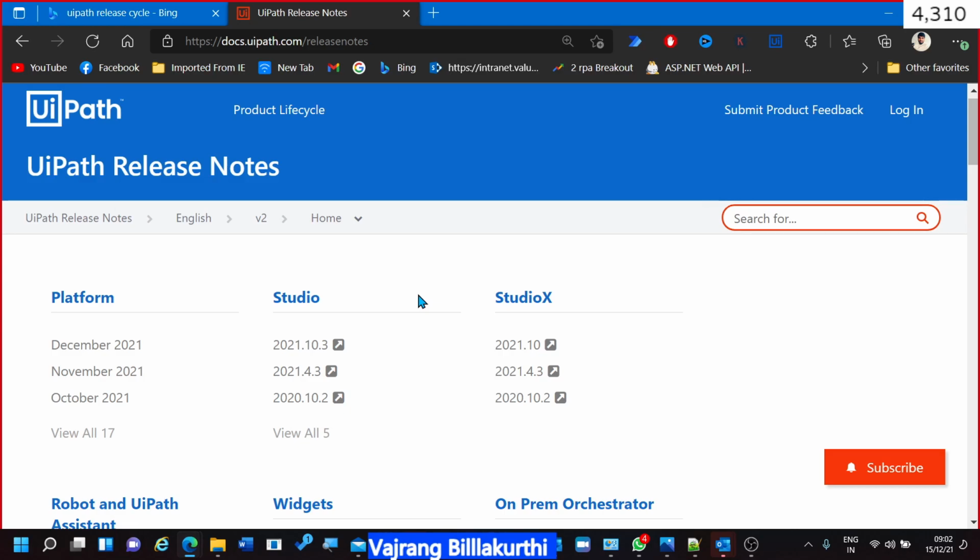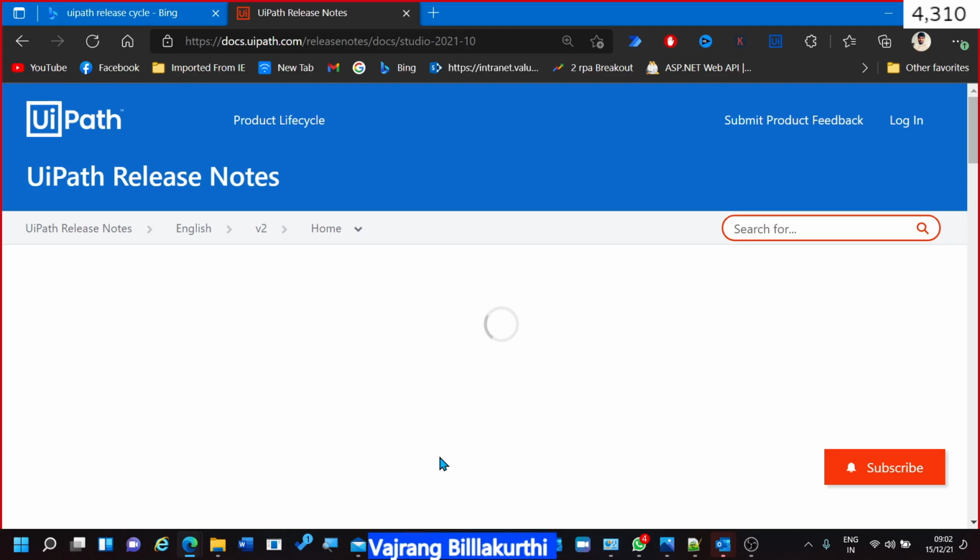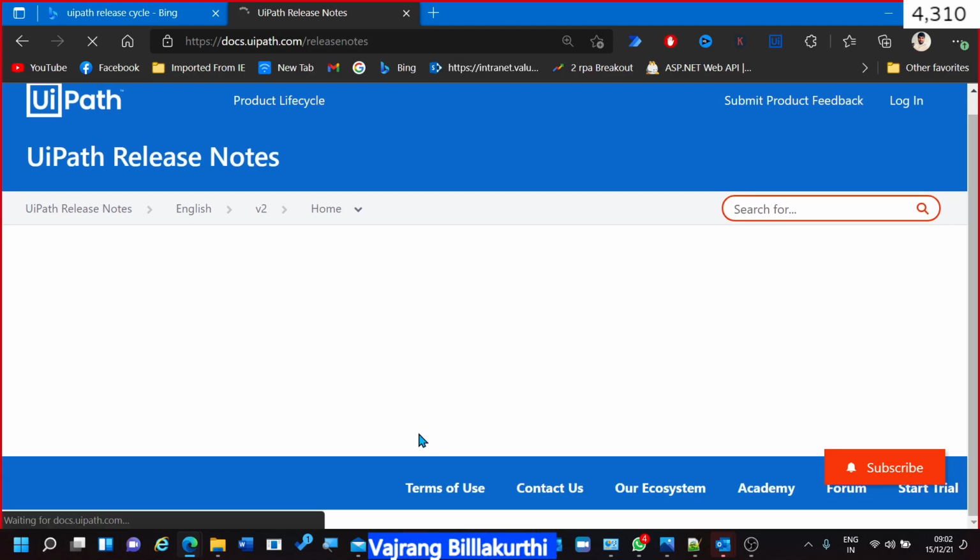There will be two such releases, in the month of March and in the month of October. So there is a 6 months gap for every release. If you see 2021 and 21.4, so March and then October. The same thing will happen for most of its releases.